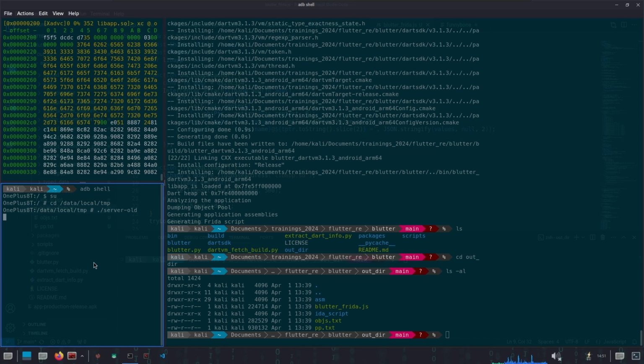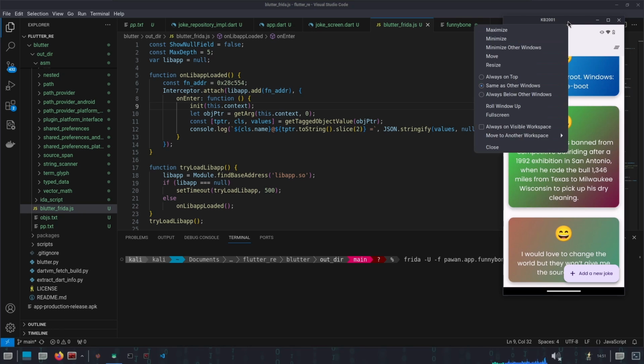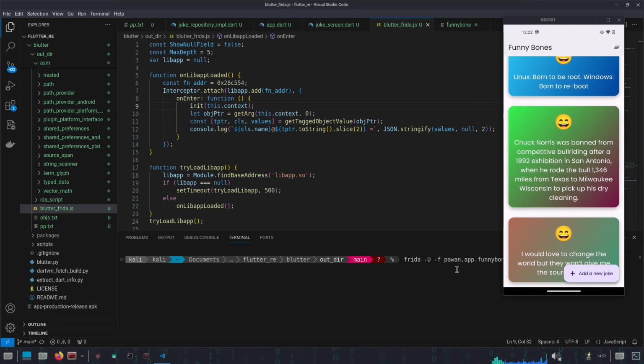So obviously, to attach your Frida script, first of all you have to start the Frida server on your target device. Once the Frida server is started on the device, you can run this command: -u to attach to the USB, then -f to forcefully spawn a new instance of the application, followed by the package name, which is pavan.app.funnybone, and then -l to load our script, which is blutter_frida.js, right? Let me bring the device on top. Okay, hitting enter,